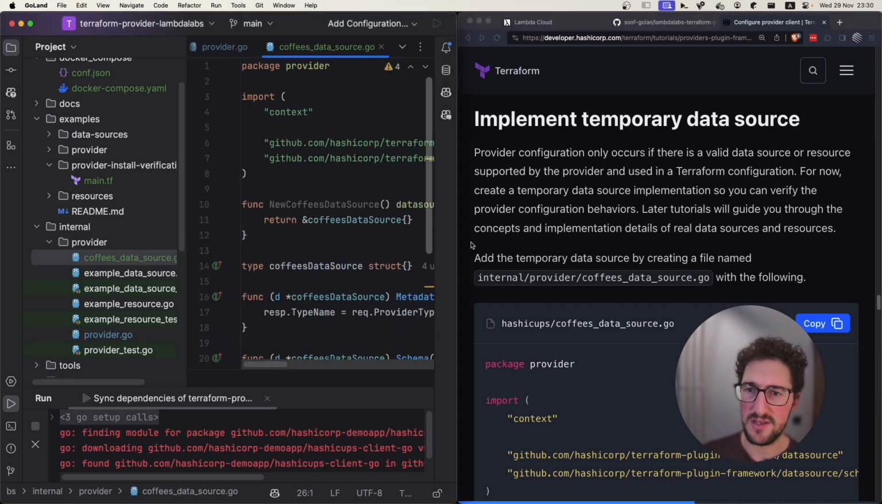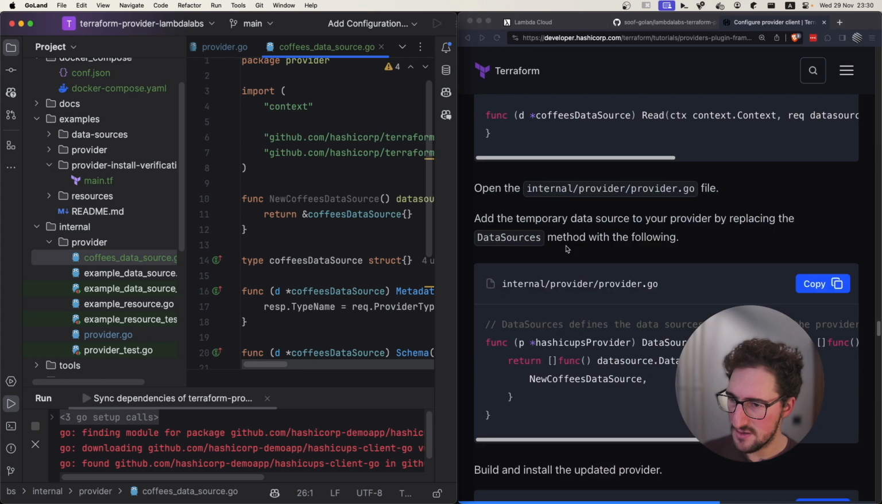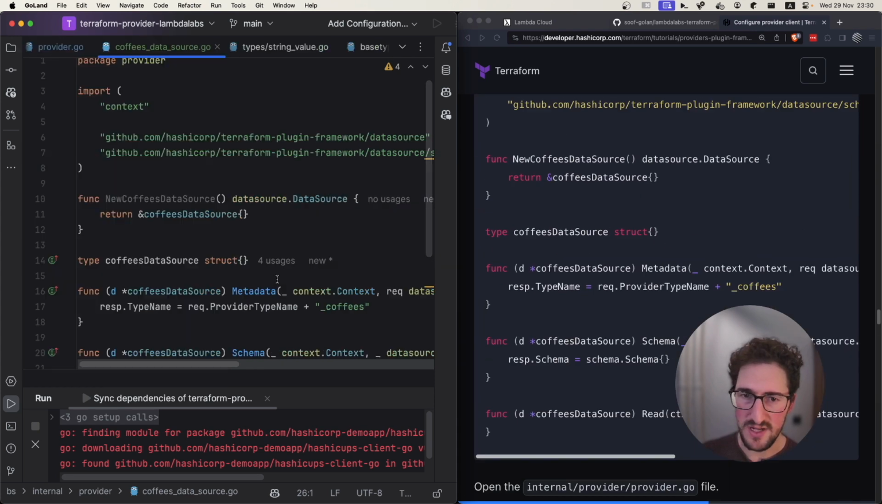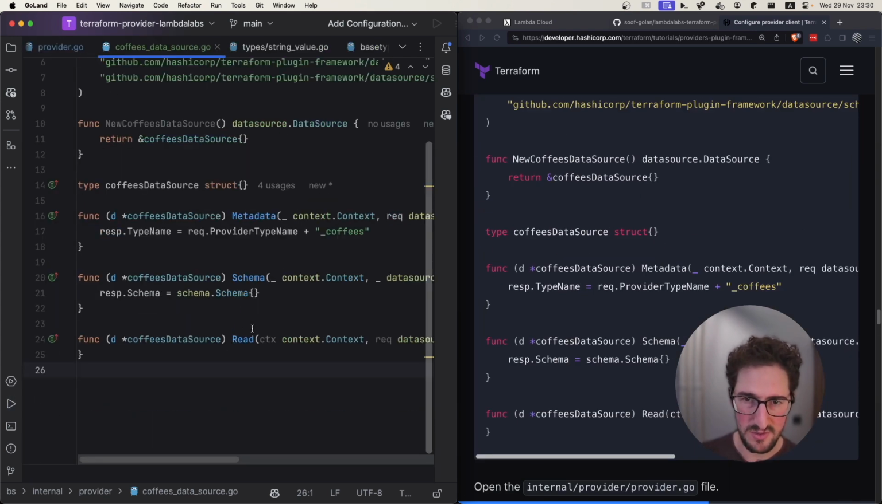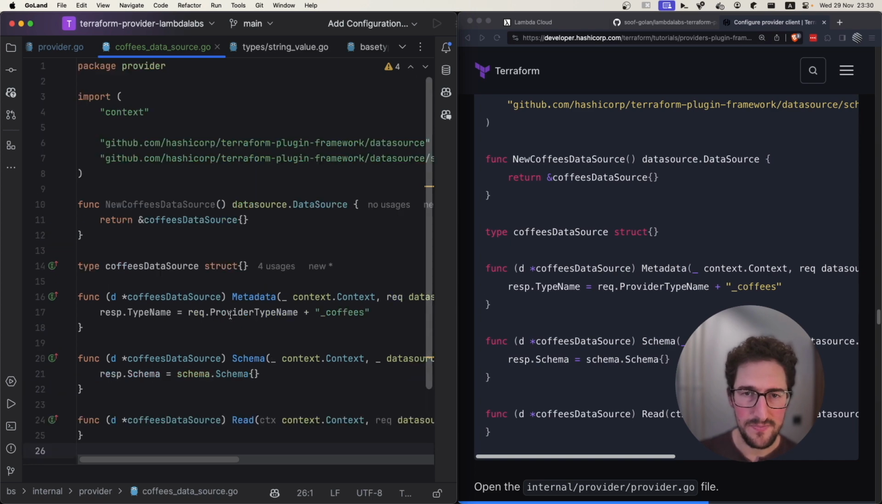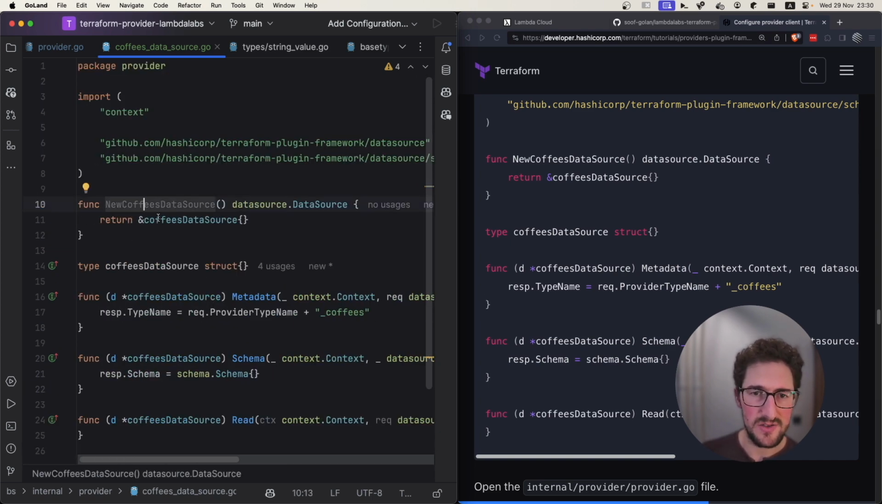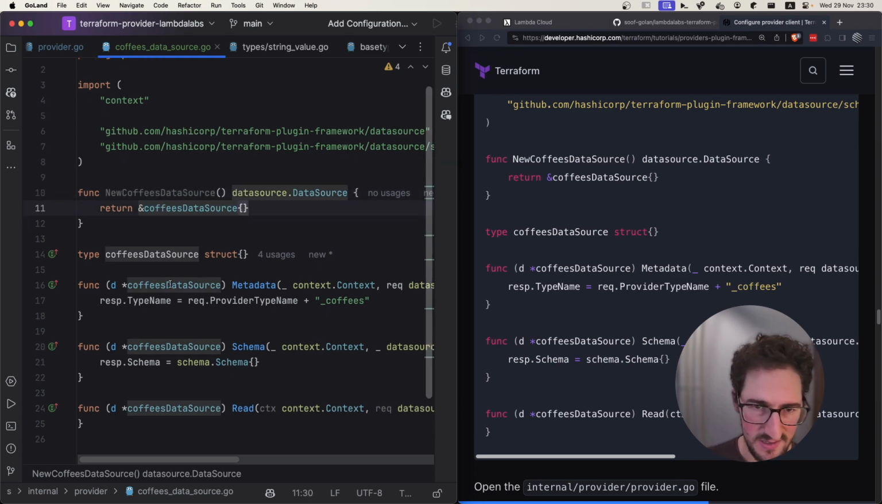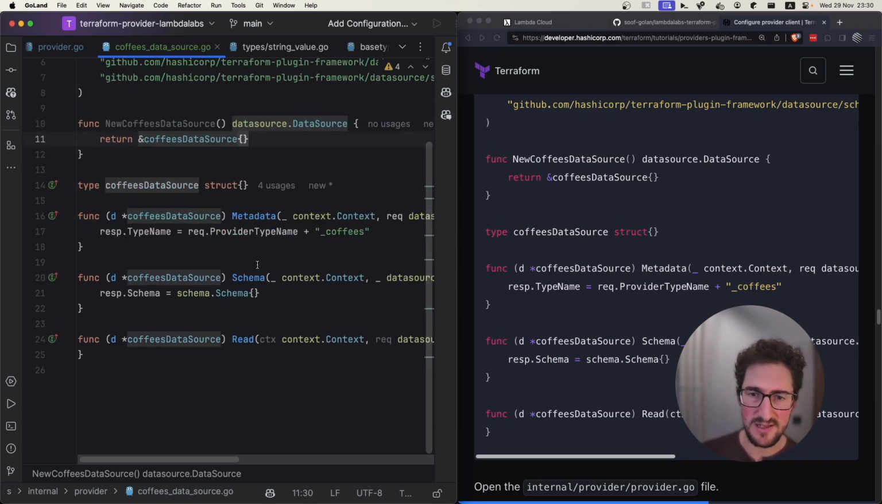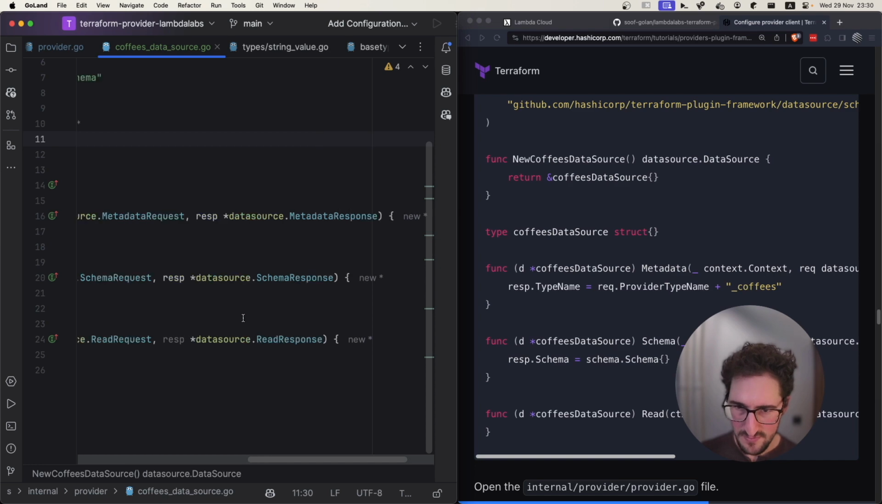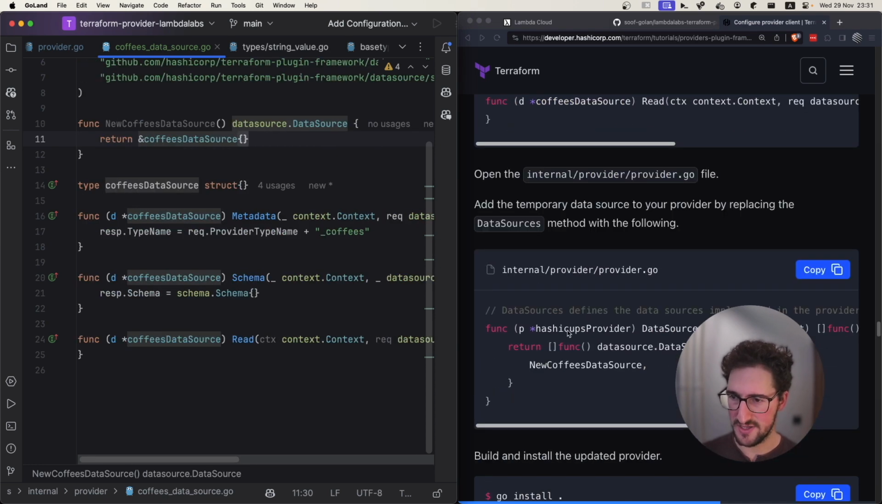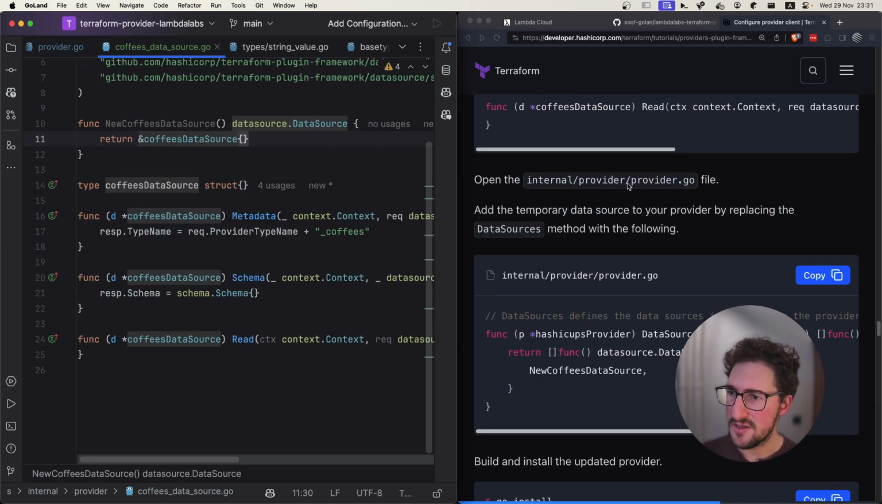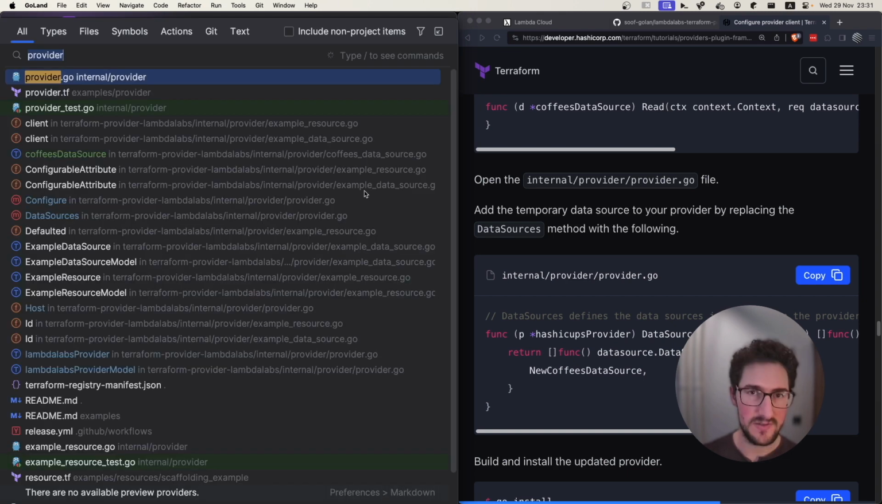Okay, we now pasted everything in. We don't need to really see what's going on here. I think it's going to be quite a trivial thing. Let's see what it says. It says new coffee data source. It returns a data source, type, struct, metadata, schema, read. Yeah, so nothing actually happening here. Open the providers go thing. So yeah, let's just,